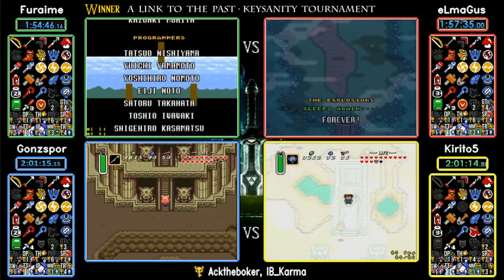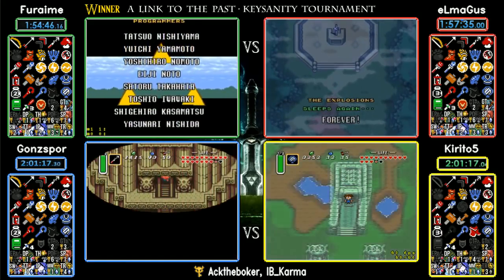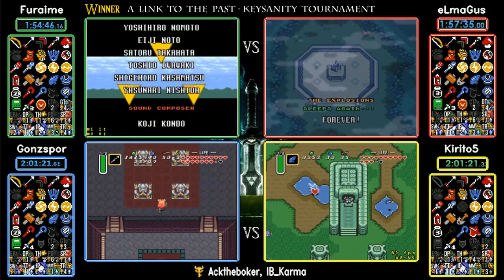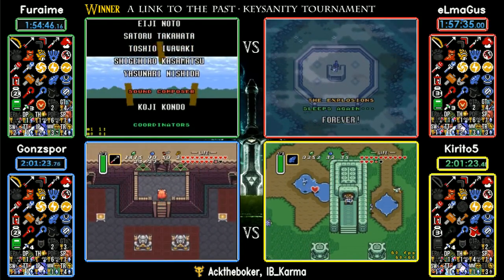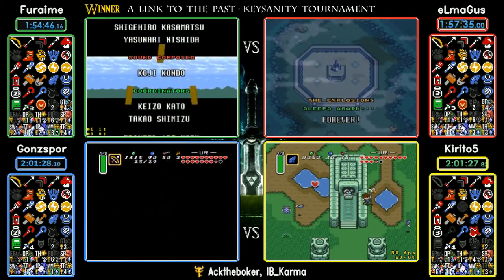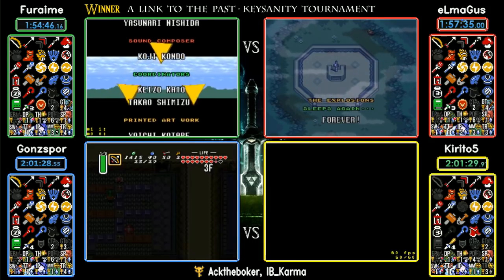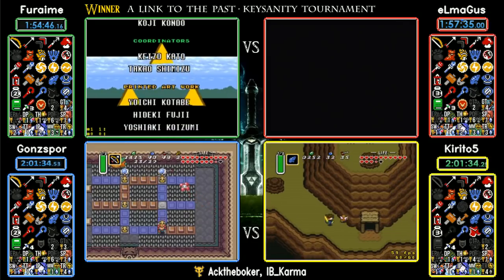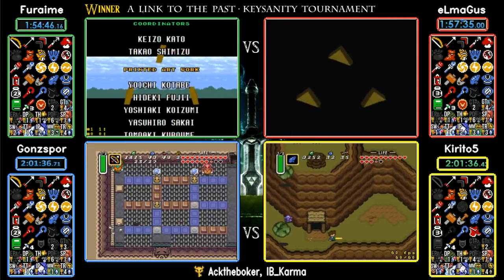So I pretty much threw it all away on my own accord. Well, it's kind of funny. So Fur took the early advantage. Fur actually dark roomed the escape super early, so he had Dark World access probably like 12 minutes into the race. So he was leading quite a bit right there, and then